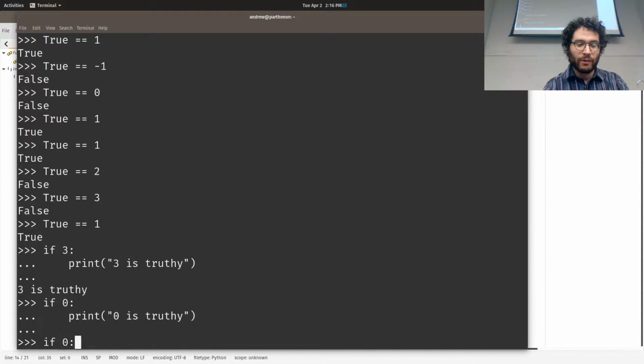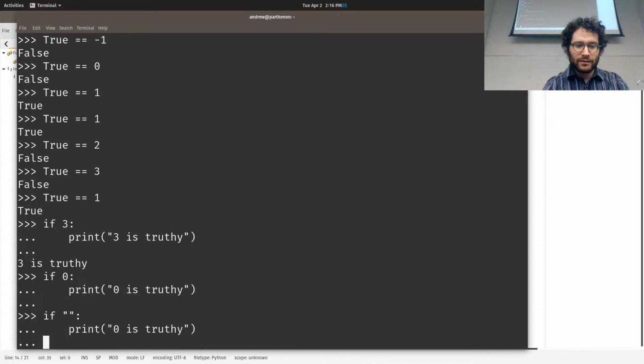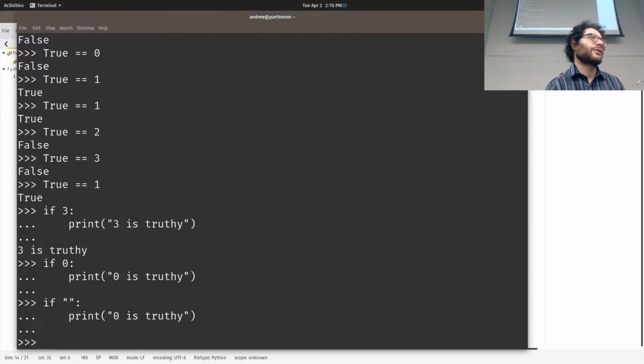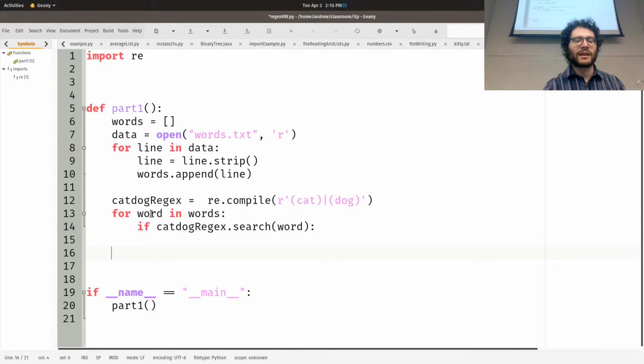So we can test with one more thing. If empty string, that is also not true. It is also falsy. So anything that's a 0 value is false. So anyway, that means I can just say, hey, if cat_dog_regex.search gives me back something,